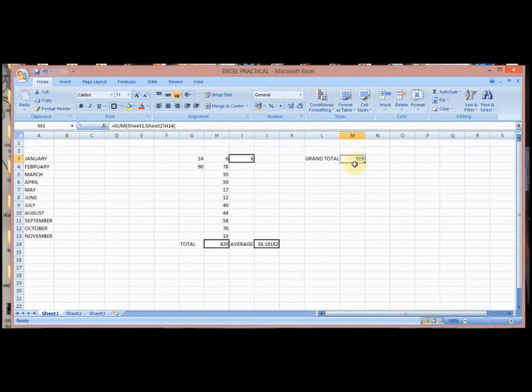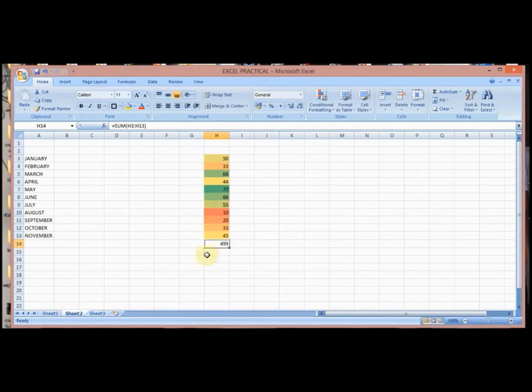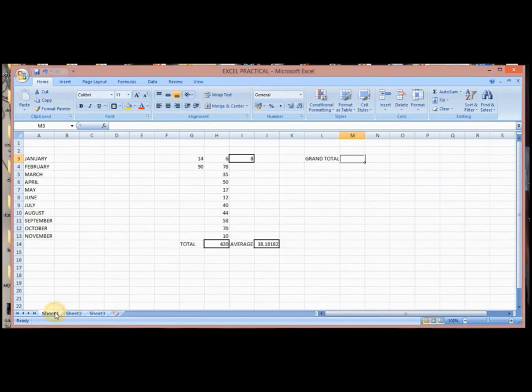So now let's do the practical. I click on the cell and delete it. Now I want to add this value and this value together to get a grand total. The two sheets, I want to add them. So now here I indicate,